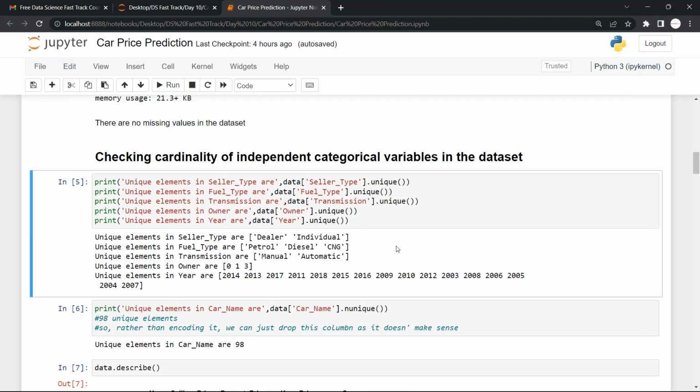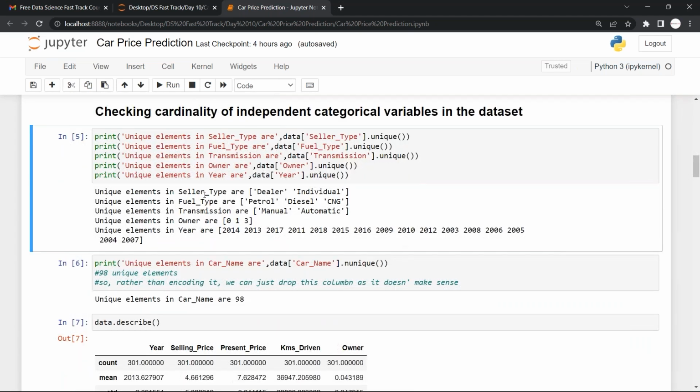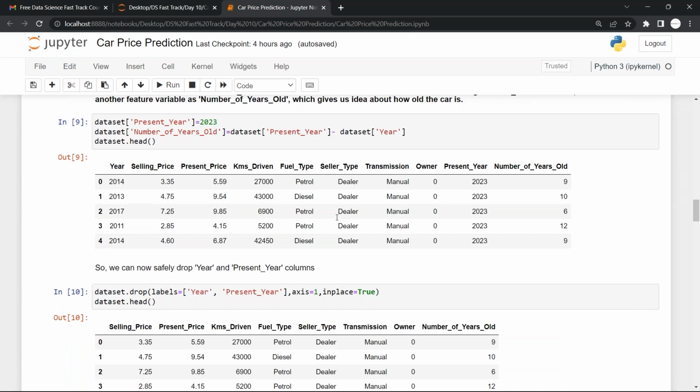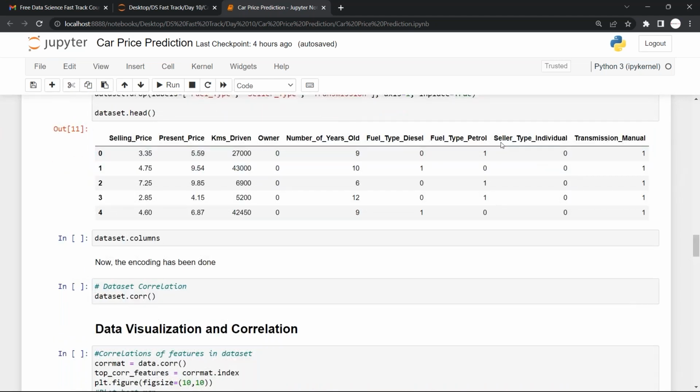And now what about the others? Here you can see that in my seller type we have only 2 columns, so you will see only one column for the seller type. What about the other column, transmission? Here again we have the 2 types, manual and automatic. That's why for these 2 columns you will find only one column each, seller type individual